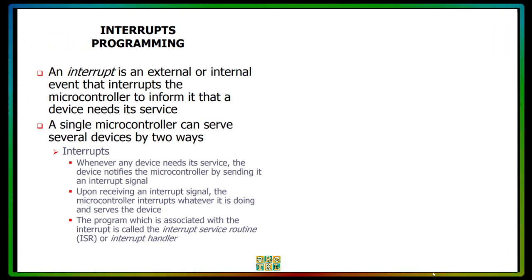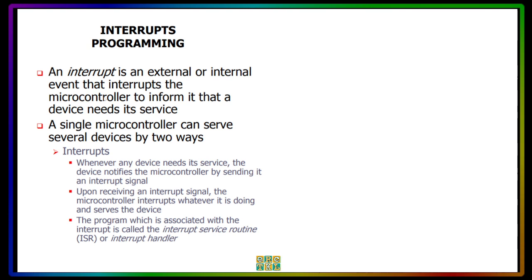An interrupt is an external or internal event that interrupts the microcontroller to inform it that a device needs its service. And this means that the interrupt is trying to stop the microcontroller from doing its task and asking it to do some service for the device. So, an interrupt again is an external or internal event that interrupts the microcontroller to inform it that a device